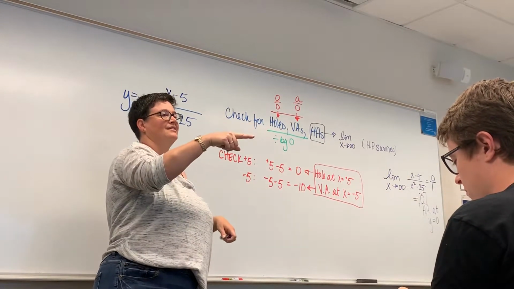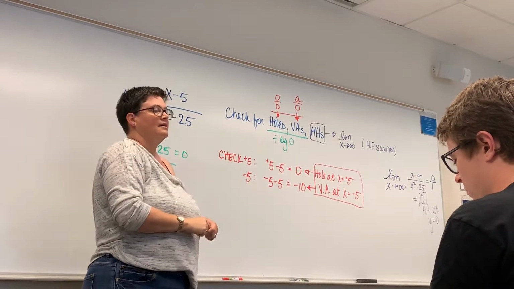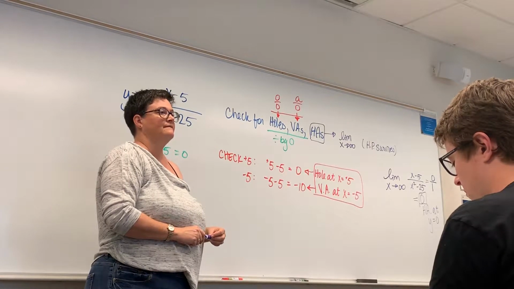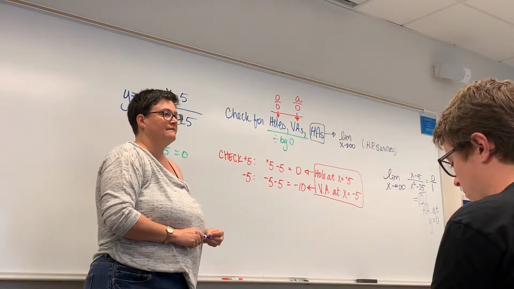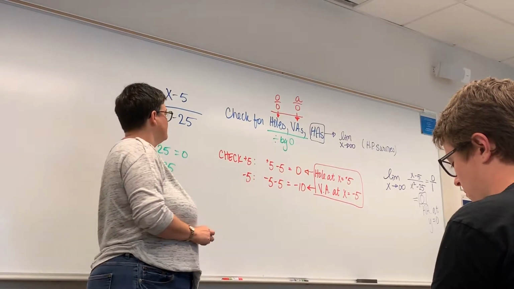So you are checking for holes, vertical asymptotes, and horizontal asymptotes. And now we've got divided by 0. So we got plus 5 and minus 5, then we check. So when we're checking, that's where I was